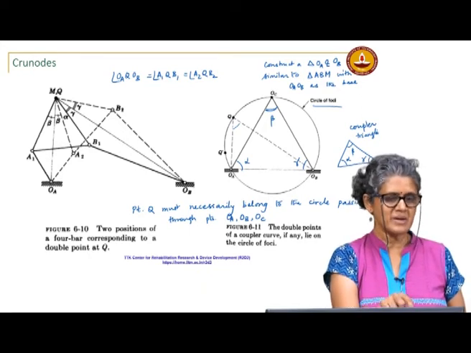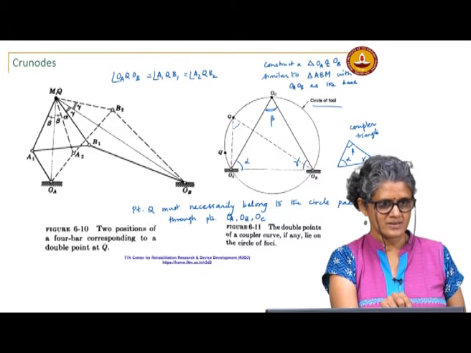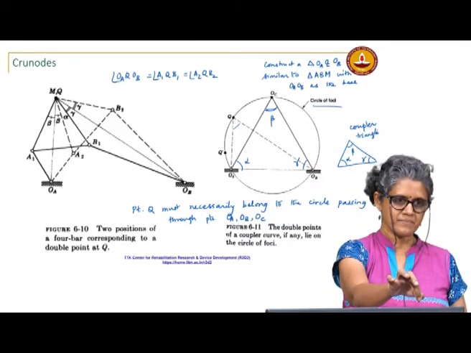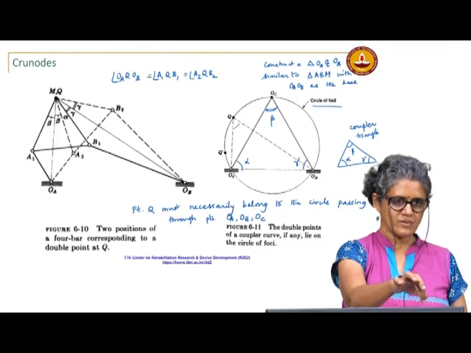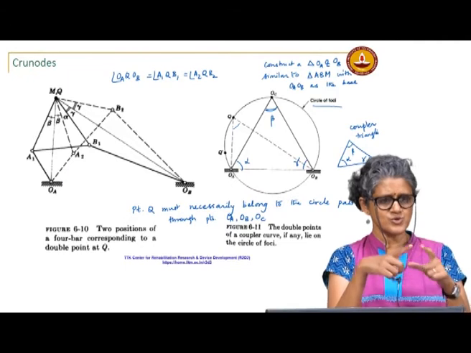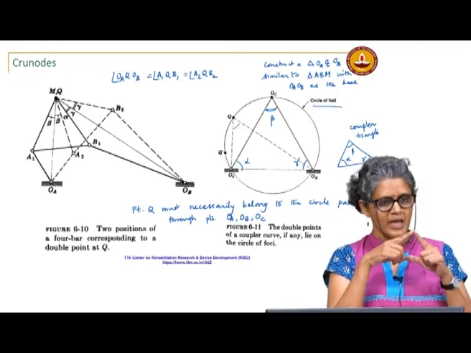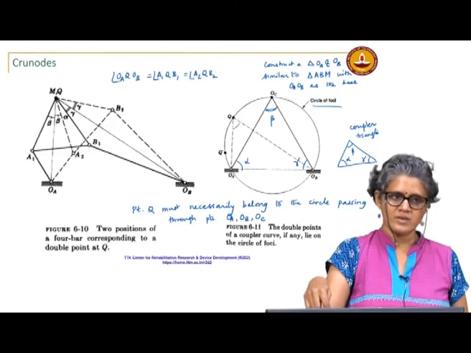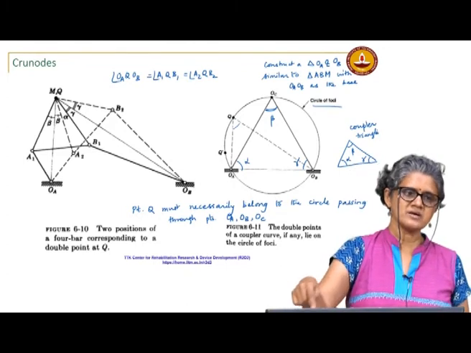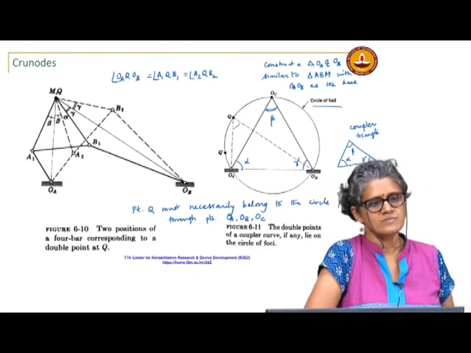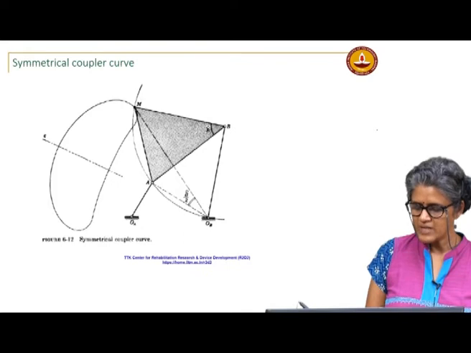Okay, so here M and Q are coinciding at this point. So, Q is a point on the plane, okay. M is a point on the coupler. So, you choose a coupler triangle, the point M will have a chronode if its coupler curve intersects this circle of singular foci. So, now let us look at